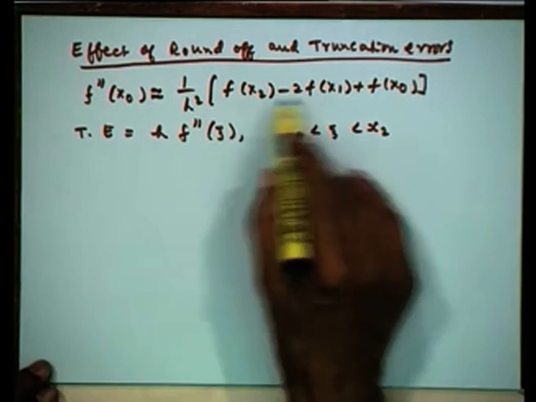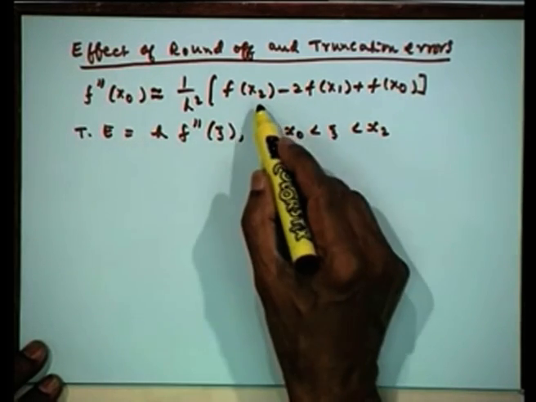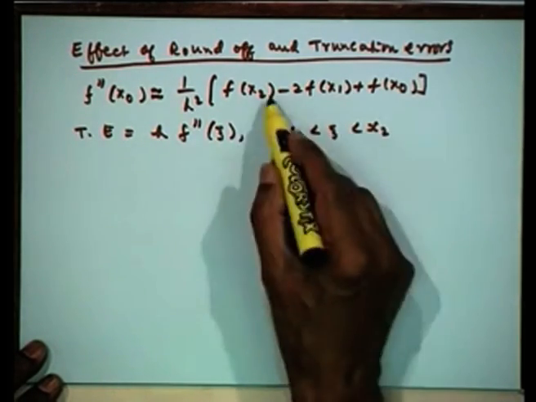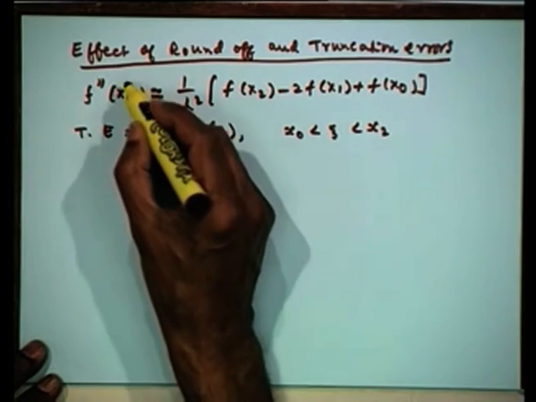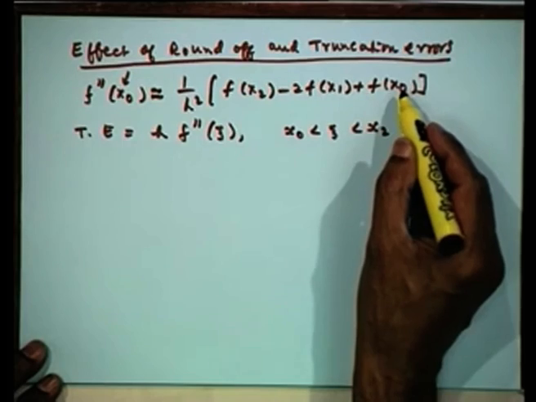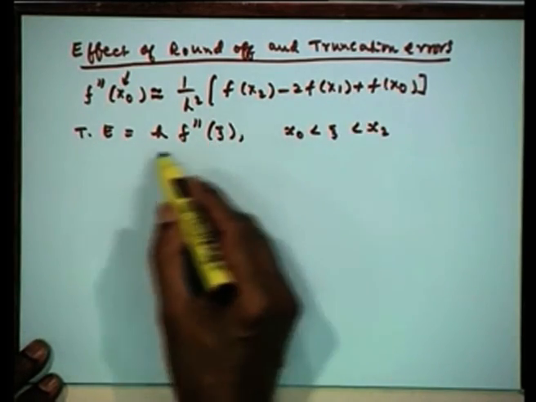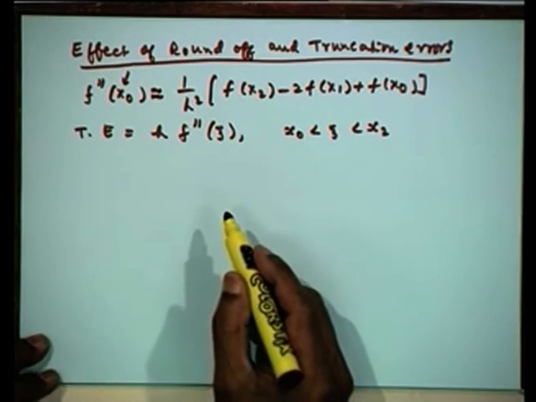As I said, given a formula, we do not have to remember what is its truncation error. We just write down the Taylor expansions of these terms about the point that is given here, that is your x naught. So, I can open it up, cancel off all the terms, and then whatever the leading term of the error will be my truncation error. So, that is my truncation error.